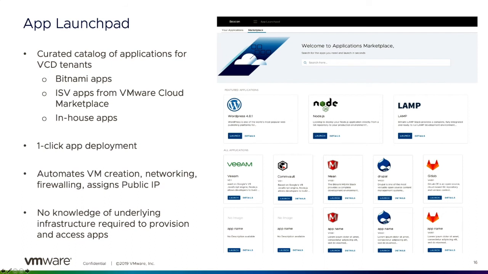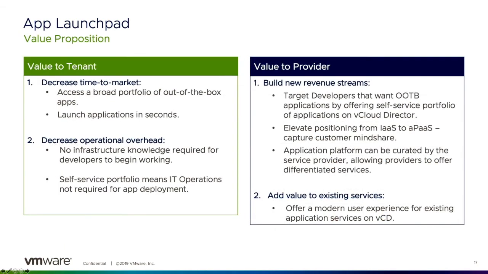So App Launchpad really gives the developers that one-click application deployment because it automates the VM creation, so the infrastructure creation, networking, firewall, assigning IPs. So really no knowledge of the underlying infrastructure is required of the developers. They're just button-clicking their WordPress app or their LAMP stack, and they get access to that application as soon as the provisioning is finished. So as far as the value prop goes,